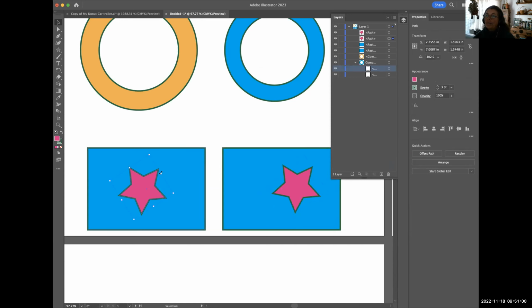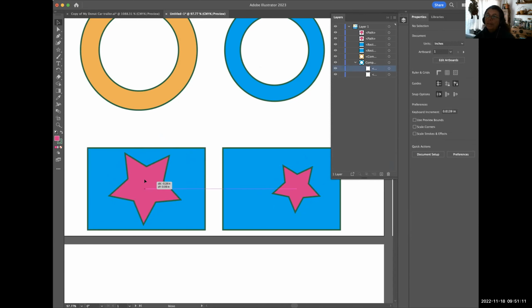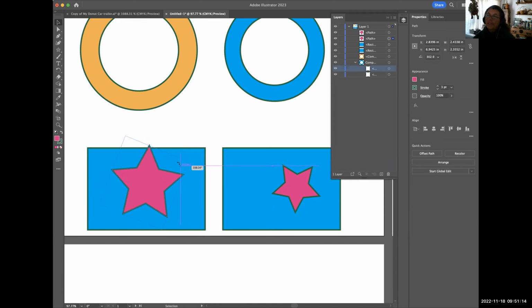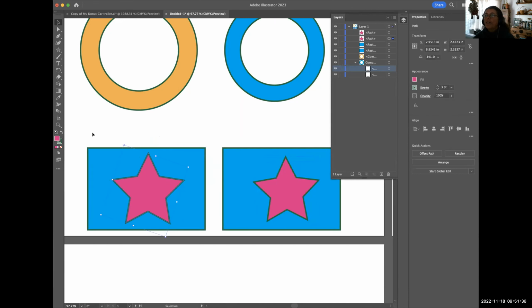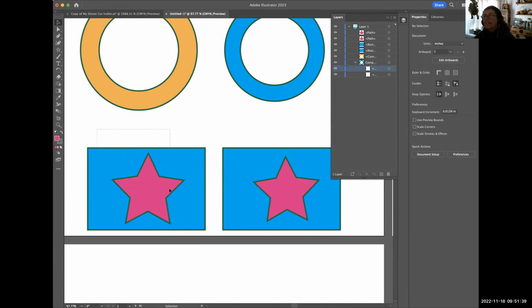Okay. So maybe now I'm going to have a bit more fun, and I'm going to hold down Shift, because if I pull from one of these without Shift, I'm going to distort it, right? I'm going to hold down the Shift key to make it a bit bigger, and maybe I can rotate it a bit to fit whichever way that I want it to fit. You can still play around with this because they're two separate elements, right? And then I'm going to do that to this one here too. I'm going to make them relatively similar. Again, it doesn't matter what you do, but just showing you that these are right now elements that are not together. All right, so we're going to select these two,